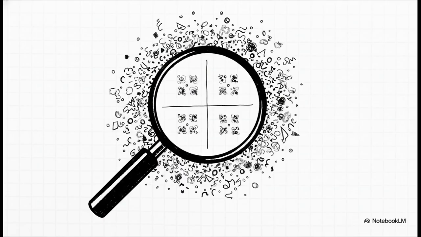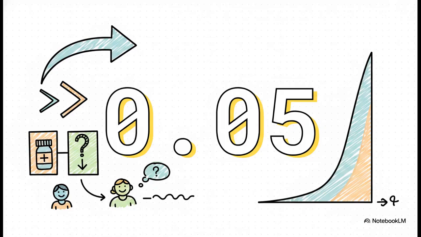Basically, it compares the observed data we just collected directly against the expected frequencies we'd see if the null hypothesis of absolute independence were actually true. The ultimate goal here? Getting that p-value to drop below 0.05. That means there's less than a 5% chance the observed clinical outcome was just a fluke of random chance. When a researcher runs the chi-square calculation and the result dips below that magic 0.05 threshold, they can formally reject the null hypothesis. They've essentially proven mathematically that taking the drug and surviving the disease are truly associated in their